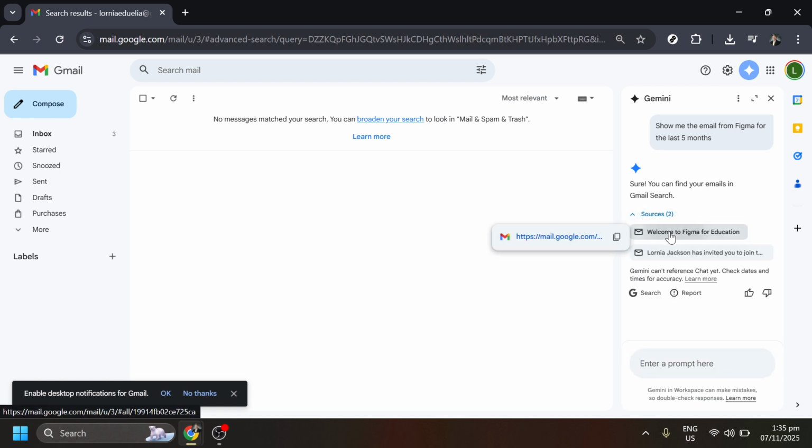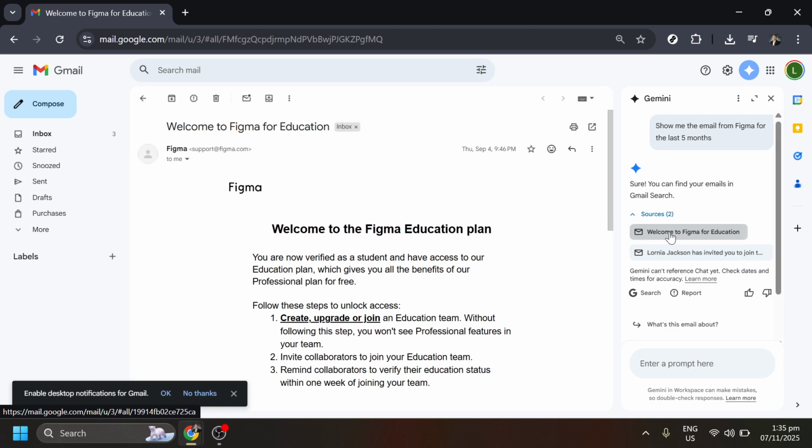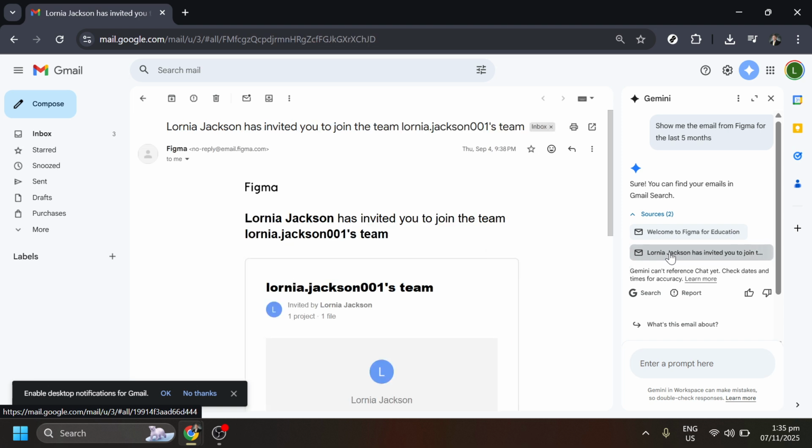So, there you have it, a super straightforward way to harness the power of Gemini in Gmail to streamline your email searches. No more sifting through hundreds of emails to find that one from months ago. With Gemini, you're equipped to tackle your inbox more efficiently and spend your time focusing on what truly matters. Give it a try and watch how it